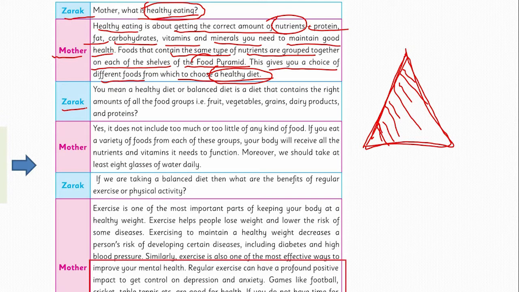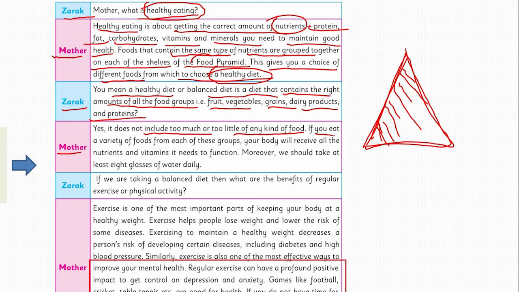Then Zark says, you mean a healthy diet or balanced diet is a diet that contains the right amount of all the food groups, fruit, vegetables, grains, dairy products and proteins. Now he is asking about the good or healthy diet or balanced diet here, which contains these fruit, vegetables, grains, which I told you. Then his mother says, yes, it does not include too much or too little of any